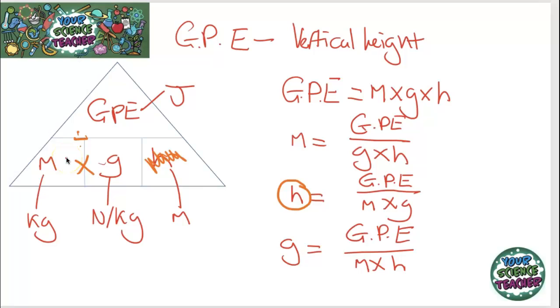A key thing though that examiners try and trick you out with gravitational potential energy questions is they often have things on a ramp, an object, and you have to remember that it's the vertical height above the ground that we use for gravitational potential energy. It's not the length of the ramp. So for example, if this ramp was 15 meters long but only 6 meters high, then 6 meters is what we use for the height, not the 15 meters length of the ramp.